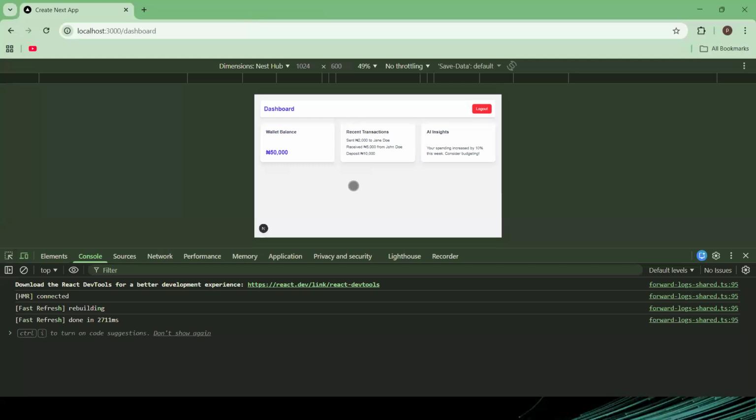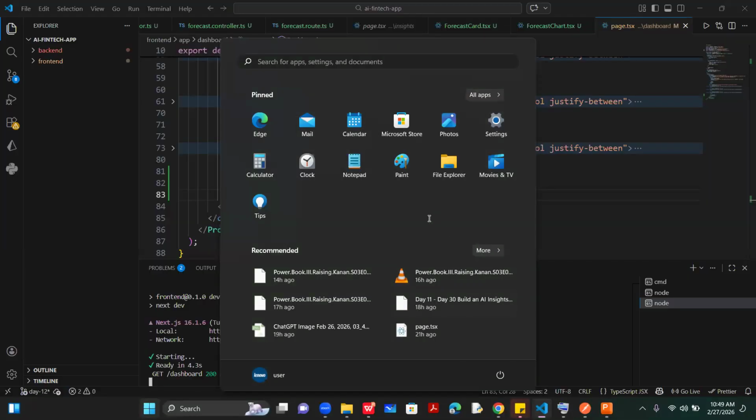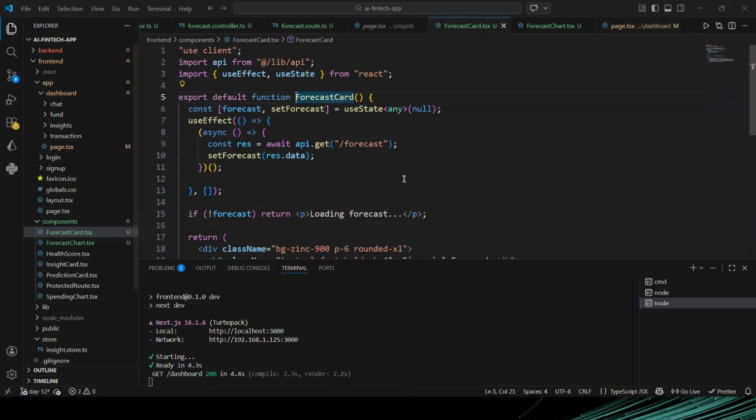So it is actually loading, and you see, we have it. Look at what we have now. It took some time to load. Maybe I should just, okay, let me do something. In the forecast card, if it is loading,